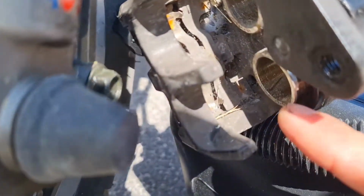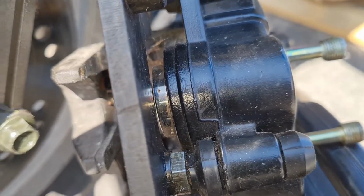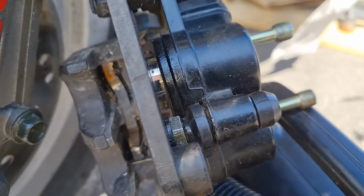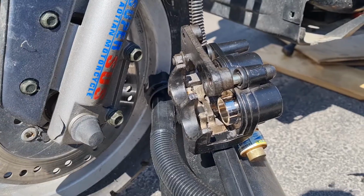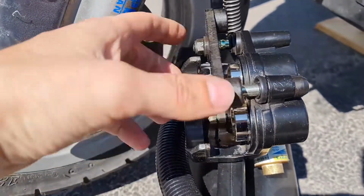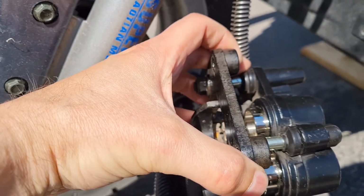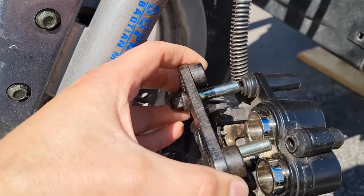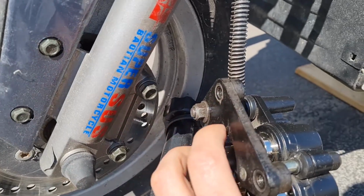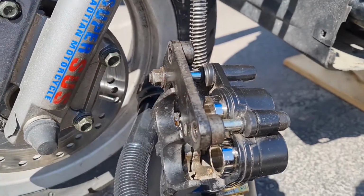I'm gonna clean this up, make it more shiny, make it easier to go in and out without damaging the rubber gaskets of the piston. I've just been cleaning it, looks a lot better now, and I found that you don't even have to loosen any bolts. You can just pull this out and grease it. So I'm gonna put some universal grease on it and put it back, clean it up a bit more, and